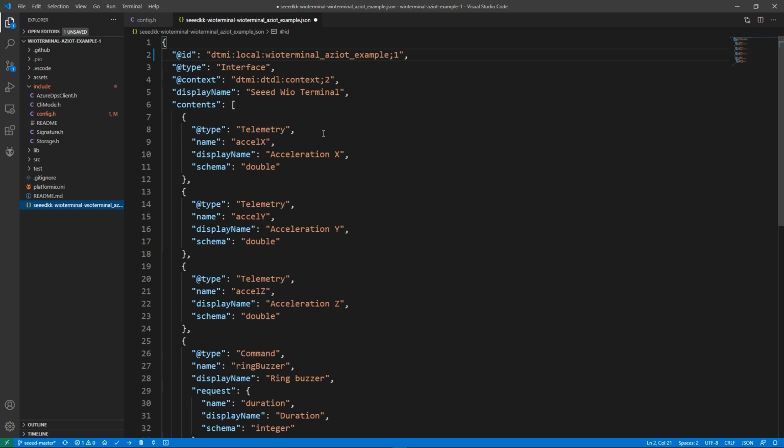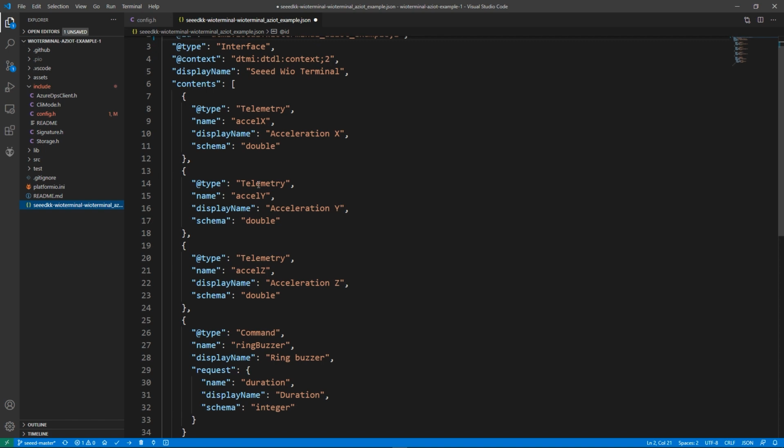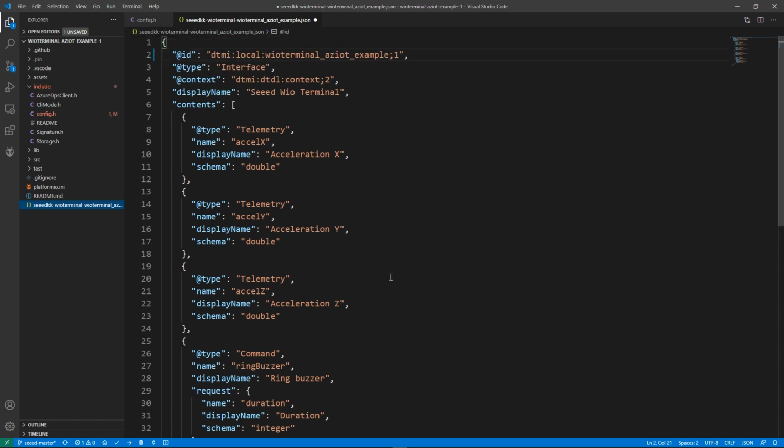So here in the previous code for telemetry, the acceleration data is used, so we will change this according to our demo. So we want to have temperature, humidity, light intensity and soil moisture. So change these.